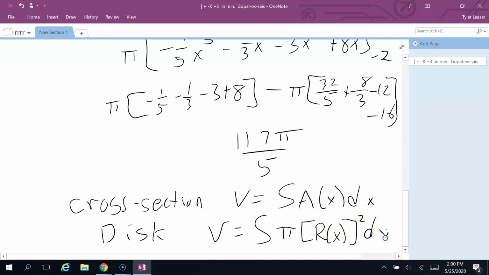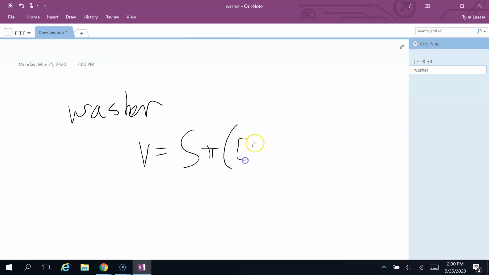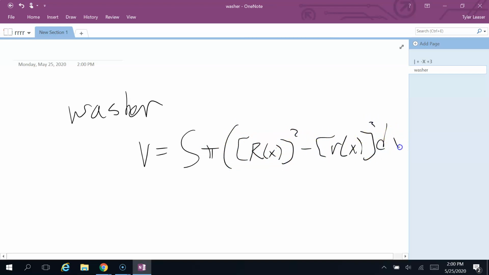x squared. Now remember, this could also be a function of y if you were integrating vertically. I still can't go down here, we'll just have to do it on another page. Sorry about that. And then finally the other one is the washer method. The washer method you want to use whenever your area is not bordering the axis of rotation, where you have that gap that creates the washers. In this case, the volume is still pi, and then it's going to be the outside radius squared minus the inside radius squared. These could also be functions of y if you were integrating vertically, so just kind of keep